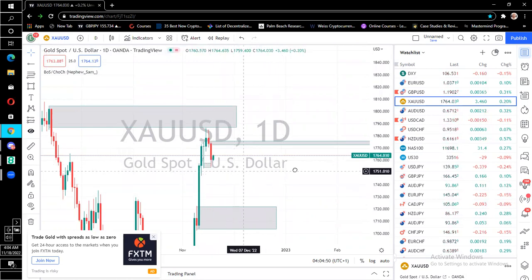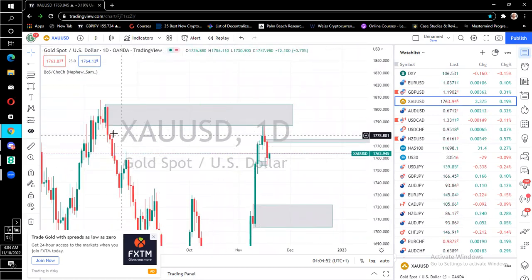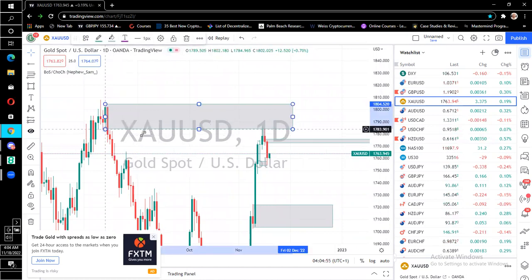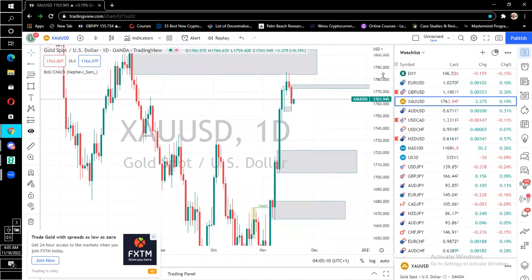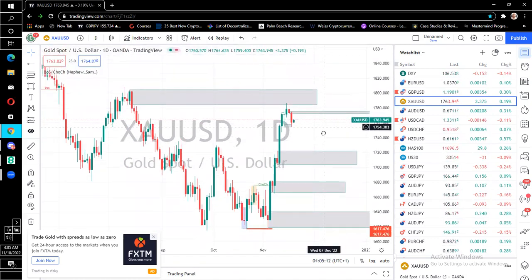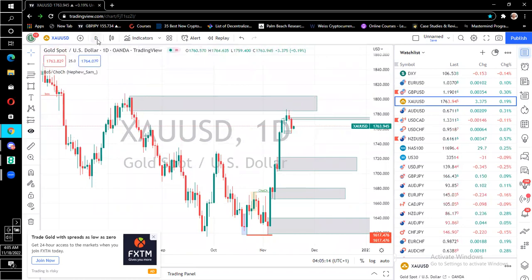So market hit this level. And then we'll have this push to the downside. It hasn't gotten into a fair value gap. I would have loved to see them get into this fair value gap from here before I start anticipating a push to the upside. So what I'll be expecting to see here is this. I'll go back to my